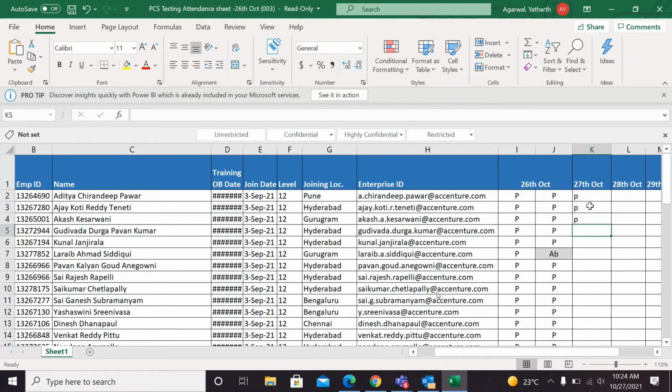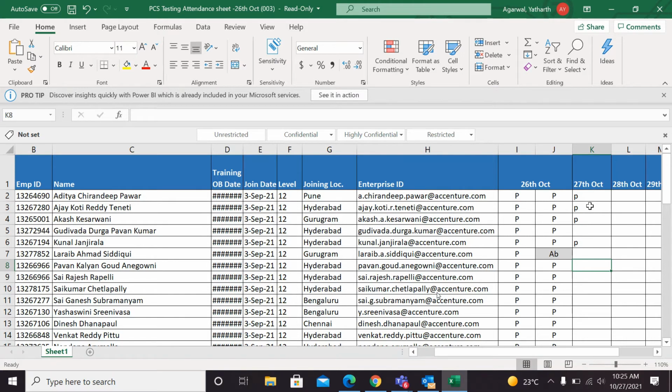Number 6 is present, not 5. Ladaib Ahmed Siddiqui.